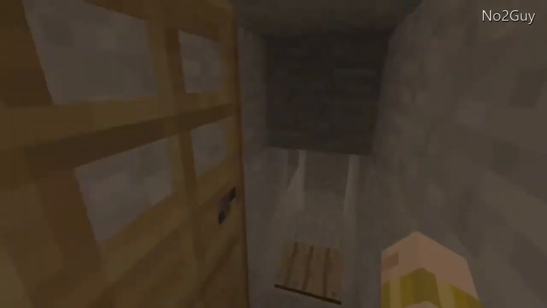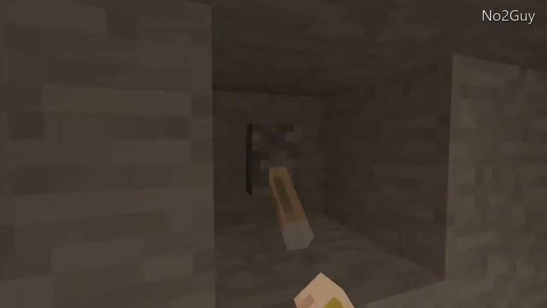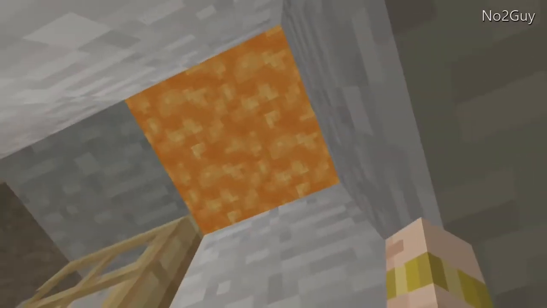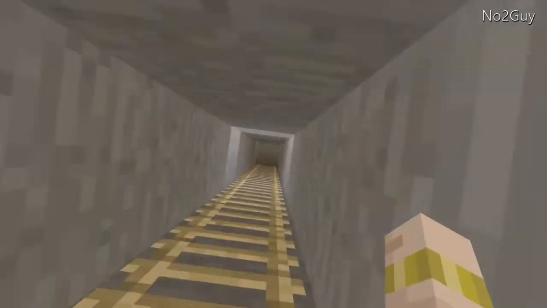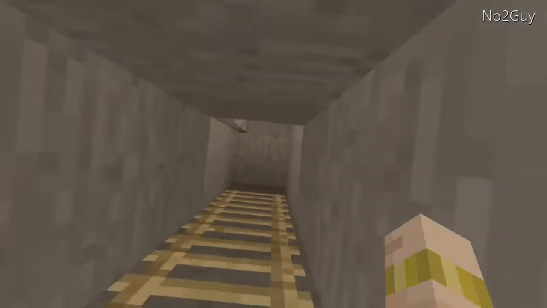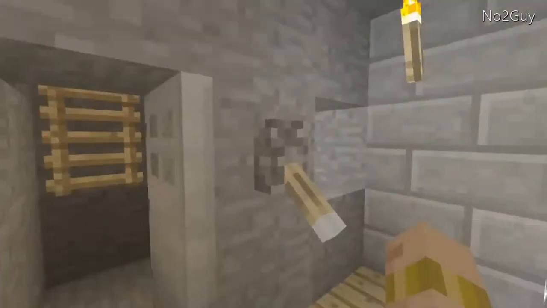As I said, I do need to store a lot of stuff. We've had this world for over a year and a half, so there's a ton of stuff to store. So that activates the lava again. There is lava there, but I'm not going to tell you guys how you deactivate that from the outside. Once you get in, you can just activate that, come on down to this little room,